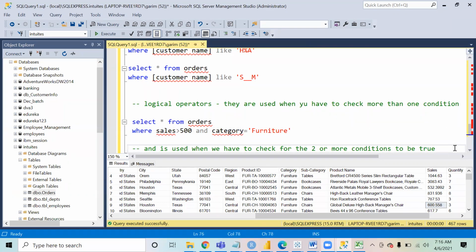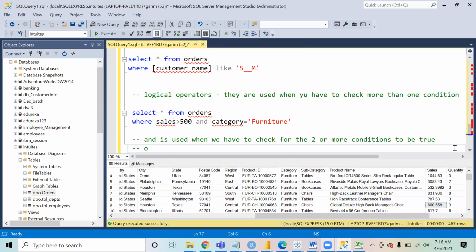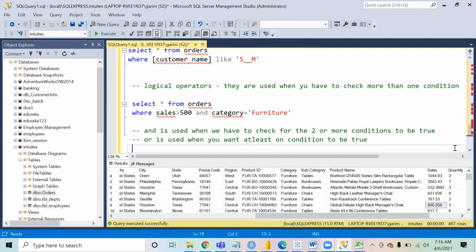Now we have OR. OR is used when you want at least one condition to be true. So when you want at least one condition to be true, that is where we use the OR operator.